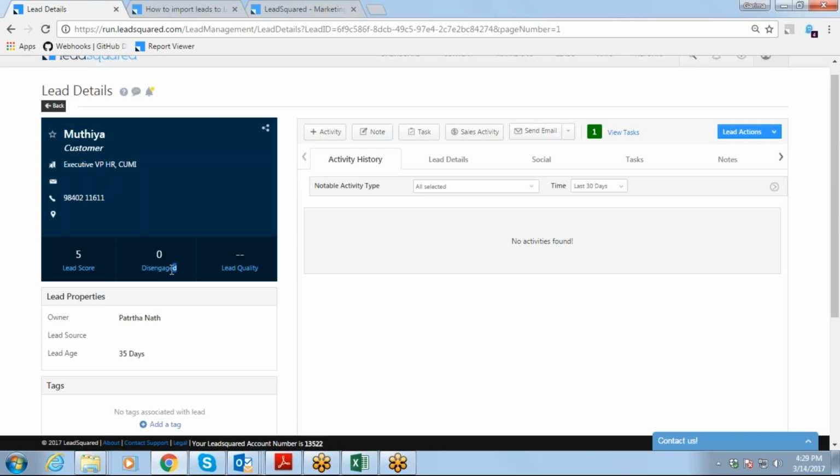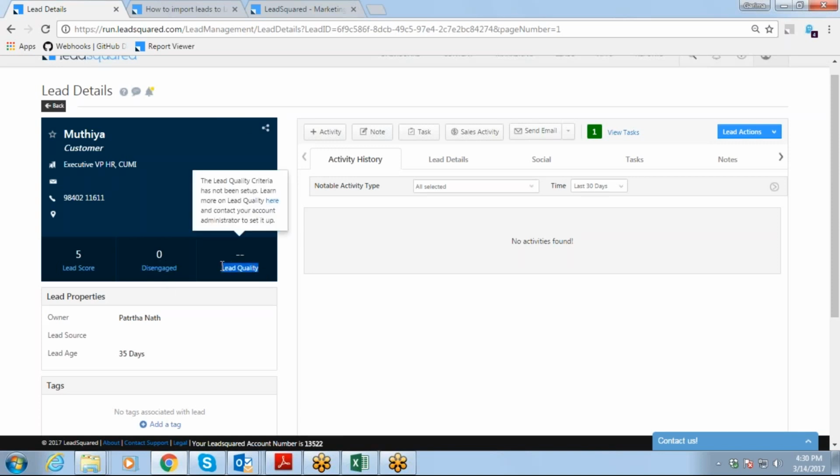The second thing is the engagement score. The engagement score is something which is time bound. Whenever the lead comes in, you select some 15 or 30 days for that, and in those 30 days you select some particular activities. For example, how many email links were clicked by this lead, how much time they spent viewing that. So you can keep a check on this and see this engagement score.